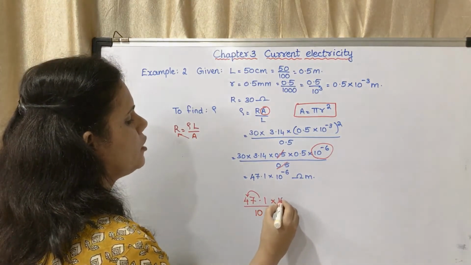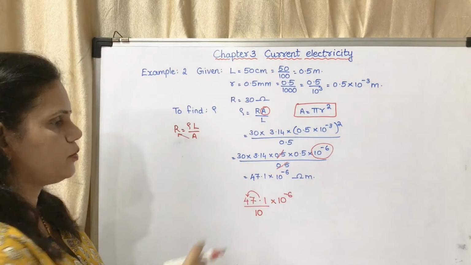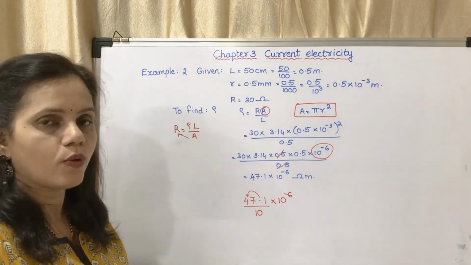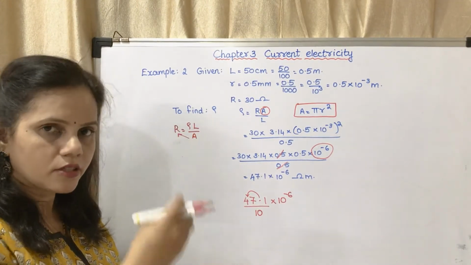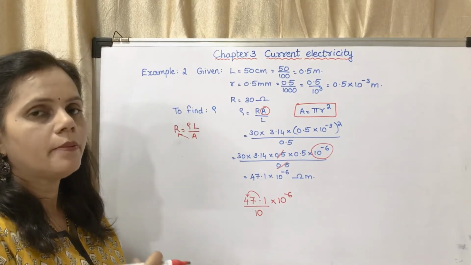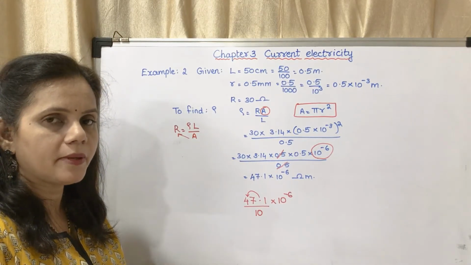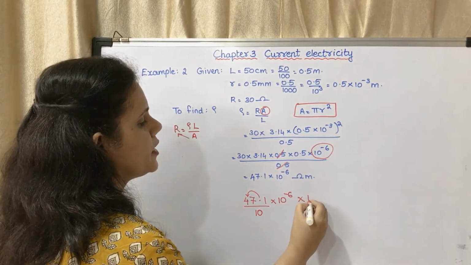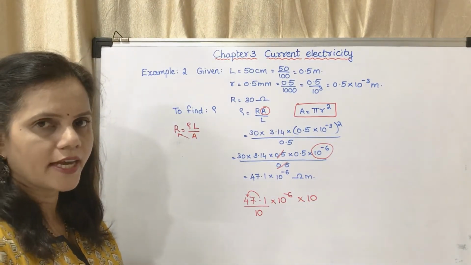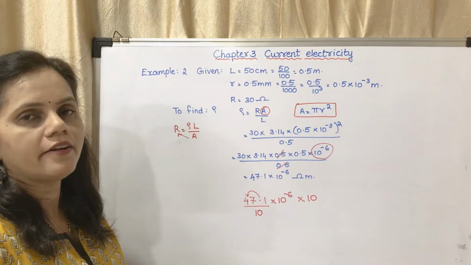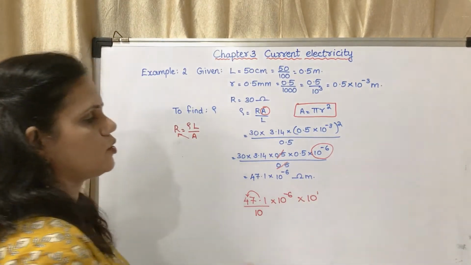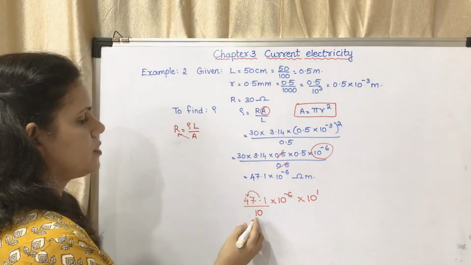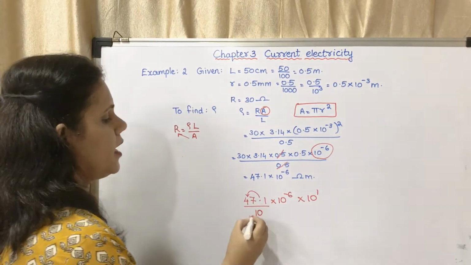So already the value is 47.1 into 10 raised to minus 6. It is this value which I have written here. And I am dividing it by 10. Why? Because I want to move the point towards the left. But there is a rule, if you are going to divide by 10, then you have to multiply by 10 also. That means I will have to put a 10 here also. So this is 10 raised to 1. I cannot cancel this because I am taking this purposely. For my purpose, I have taken this.